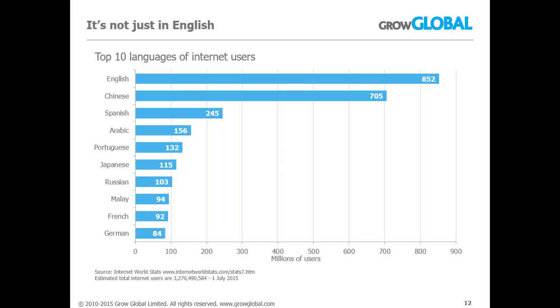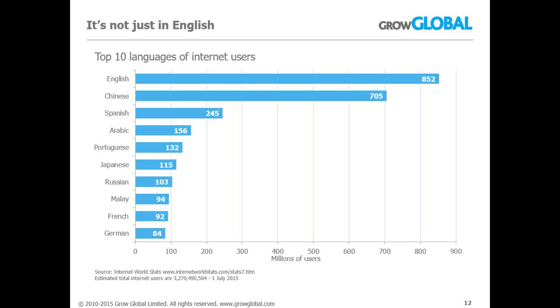In fact, the British Council says that out of the 7 billion people in the world, about 1.75 billion have English as their working language. So we have more than enough potential customers who speak English without the need to necessarily do business in other languages. But if we do go into other languages, then you can see this graph, and this is